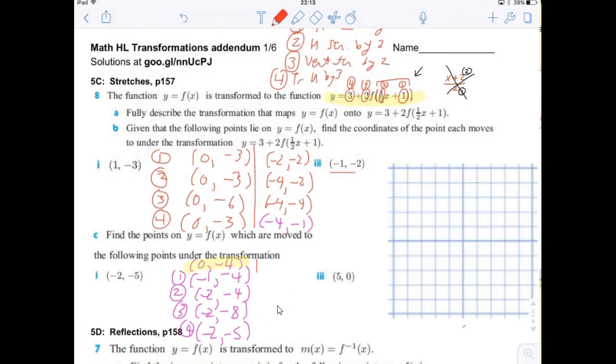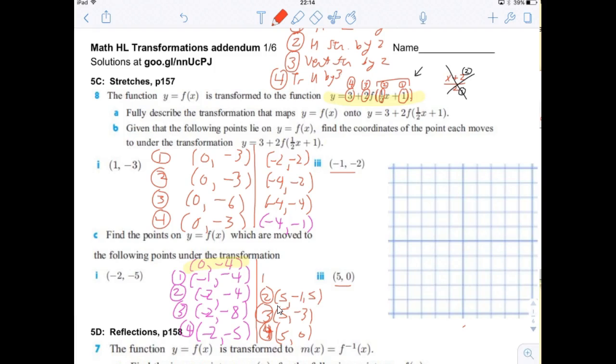Now we'll do the backwards of this one, 5, 0. So we're going to start out with 5, 0, which was found by doing step 4, which is a translate up by 3. We're going to reverse that. We're going to do a translate down by 3. So we're going to have 5, -3. Now, how did we get to step 3? We did a vertical stretch by 2, so we're going to do the opposite of that, a vertical stretch by 1/2. So we'll do 5,